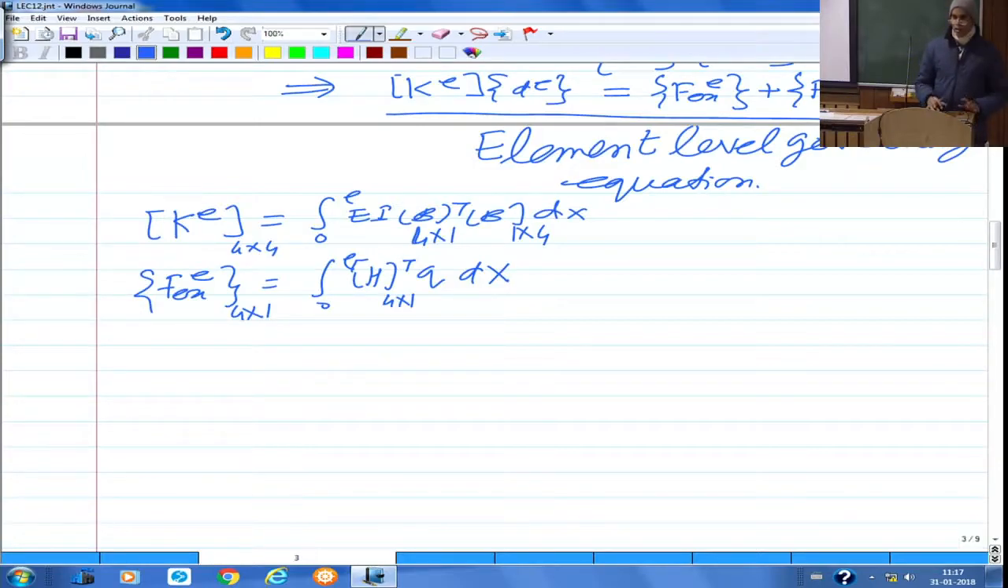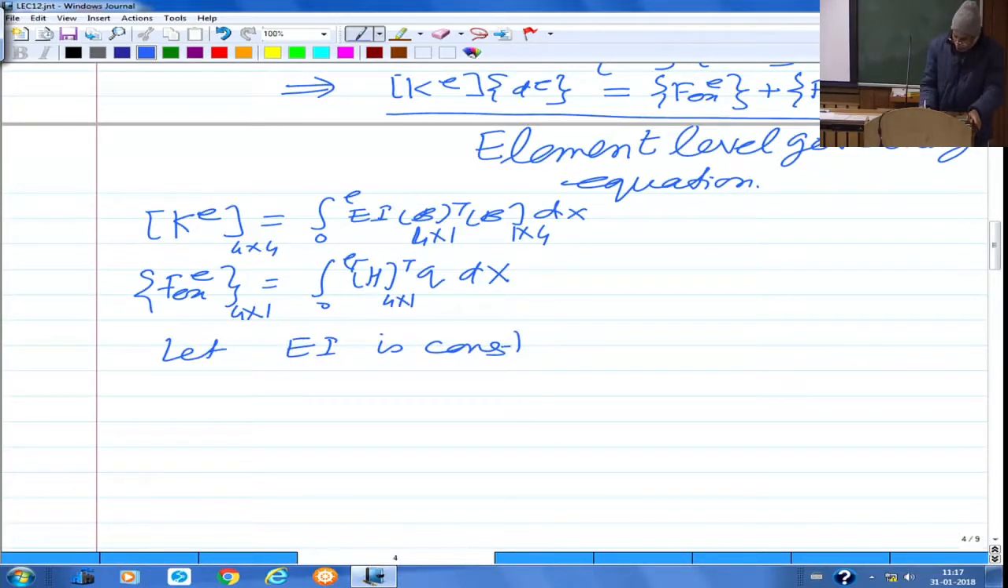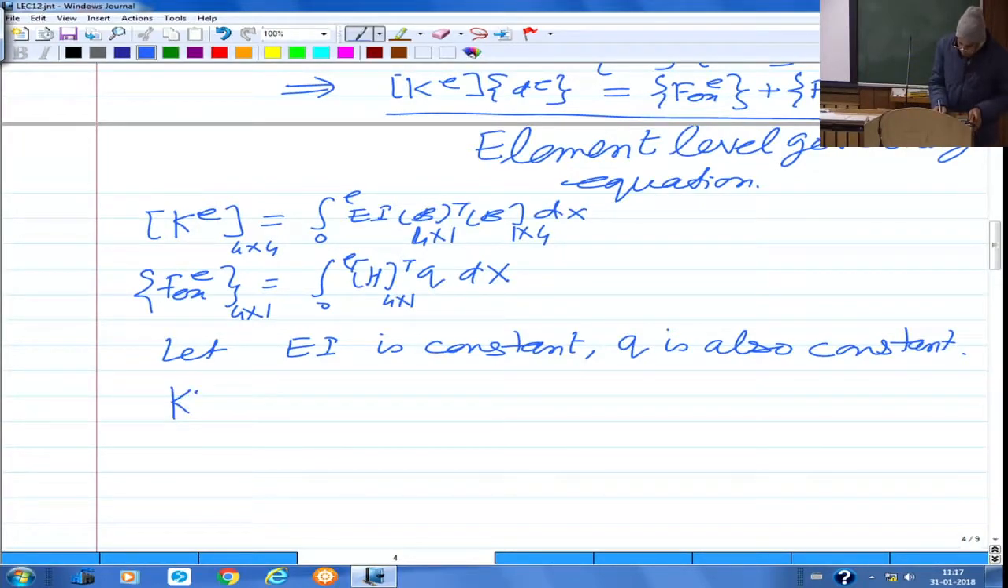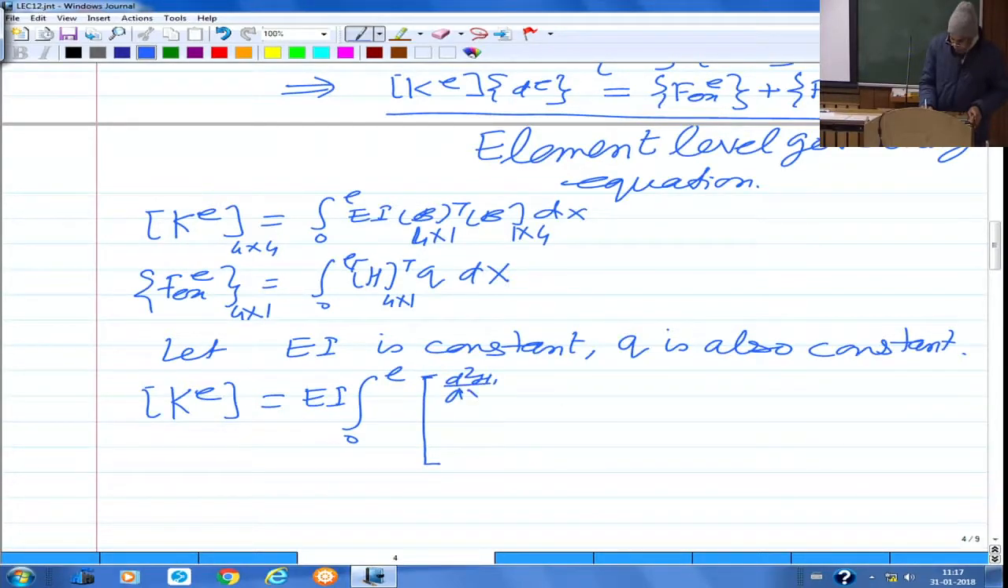Now we need to apply this to solve simple problems. So we finally need the form of the expressions for Ke. Let us say that EI is constant, although it can be variable, in which case you have to account for it in the integration. Let EI be constant, and Q also constant. So how will you evaluate Ke? Ke is the integral from 0 to L, EI is constant so I can take it out of the integration. Then B is the second derivatives, its transpose would be d2h1 by dx square, d2h2 by dx square and so on,